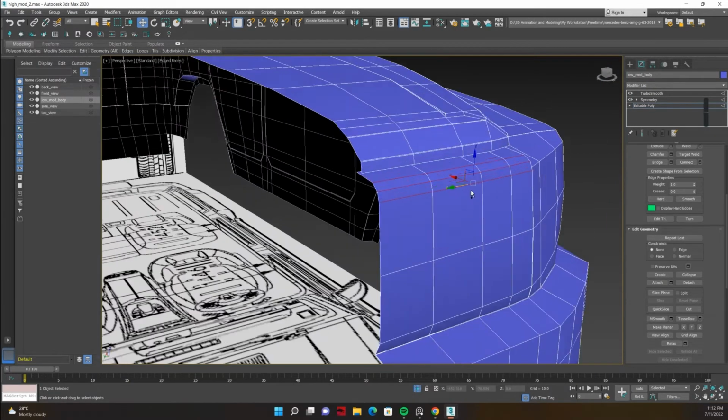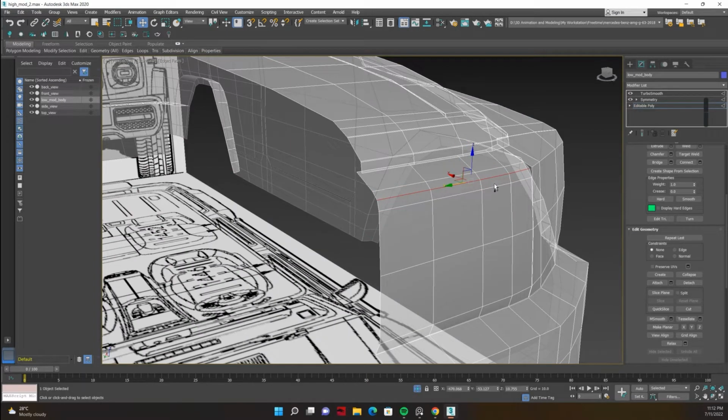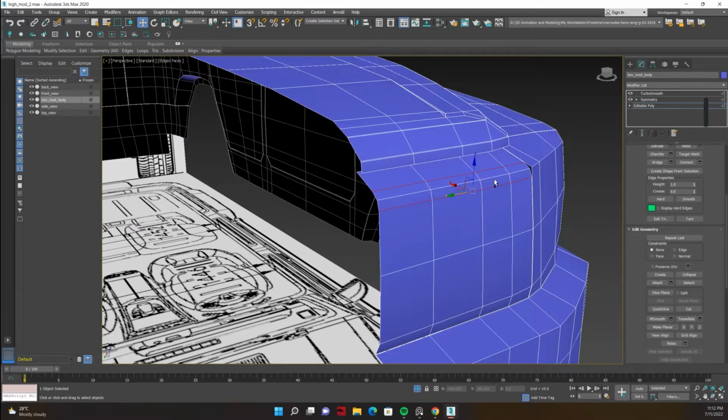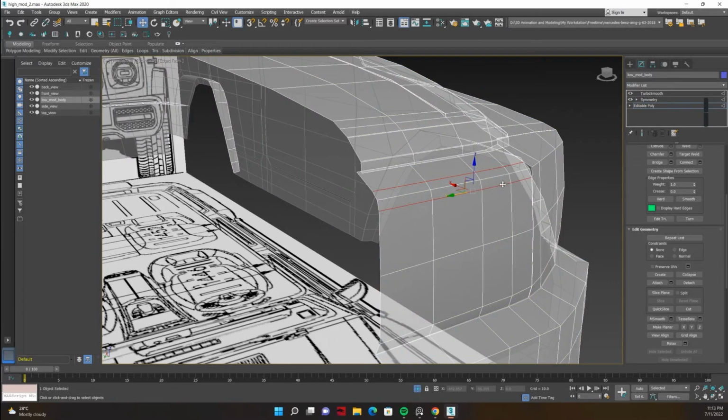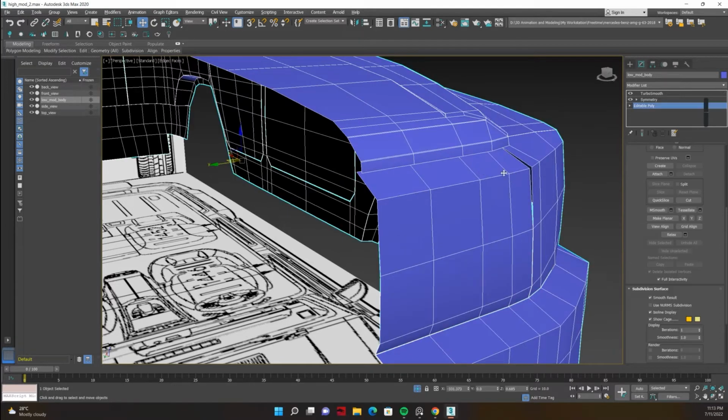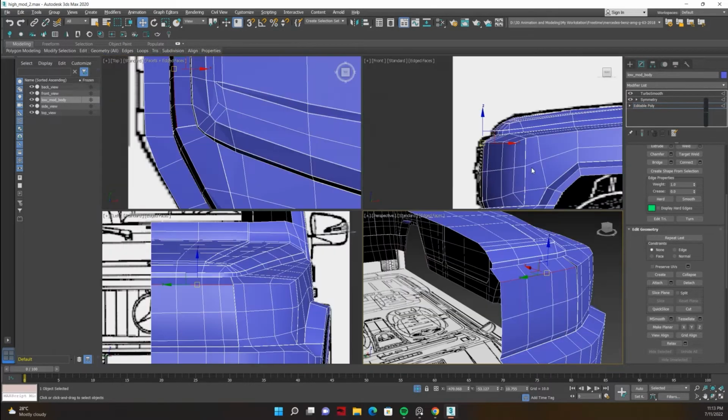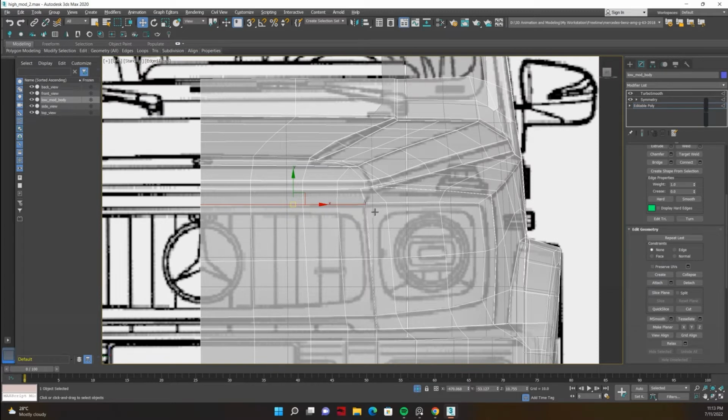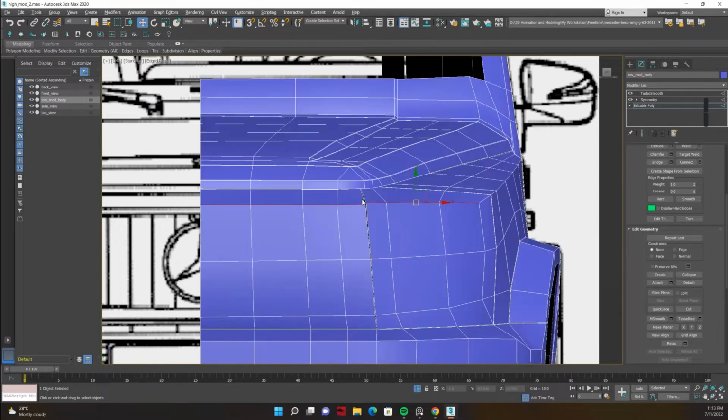If I just undo these things, I need to remove this one. If I select these edges, these ones, and move a little bit up,